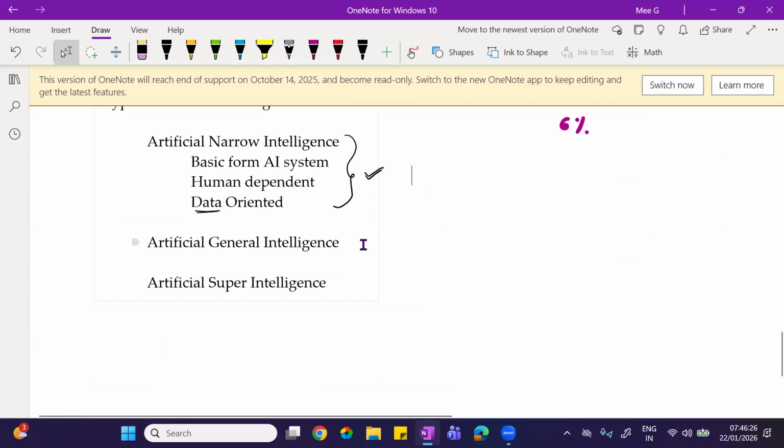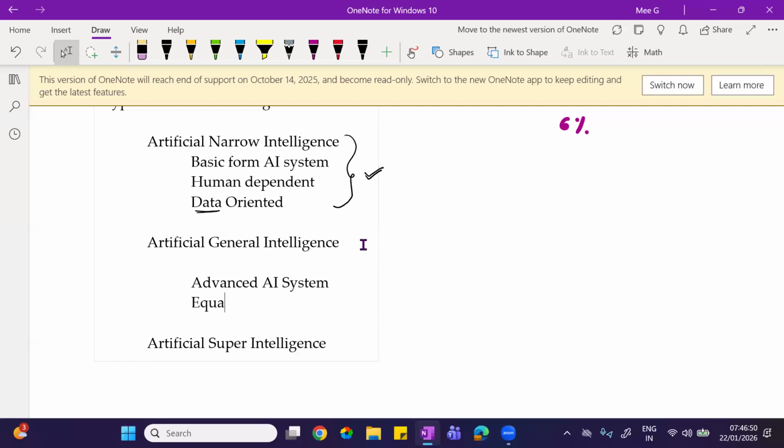Okay. Now, what is this one then? In this case, this is kind of an advanced AI system, which is equally intelligent as a human.